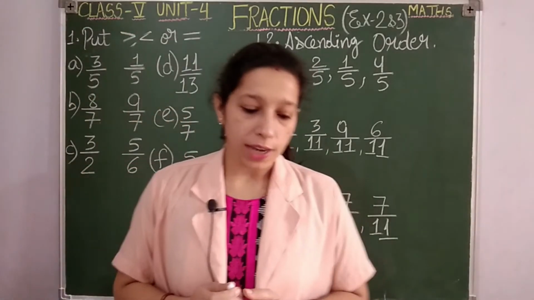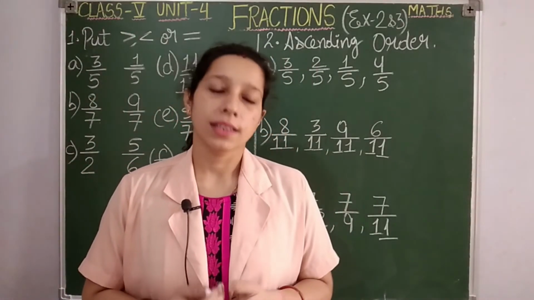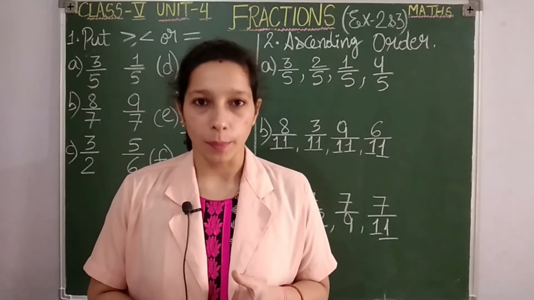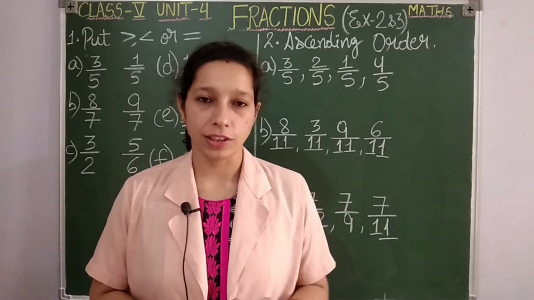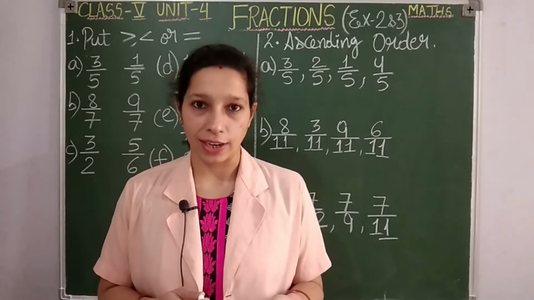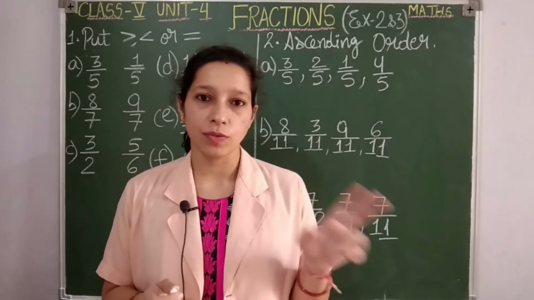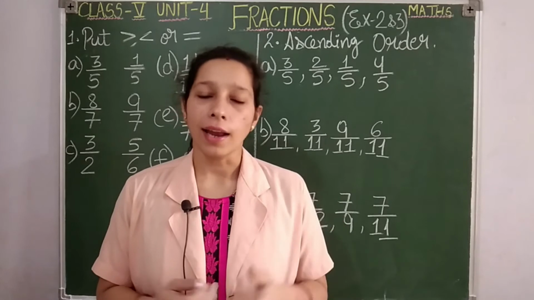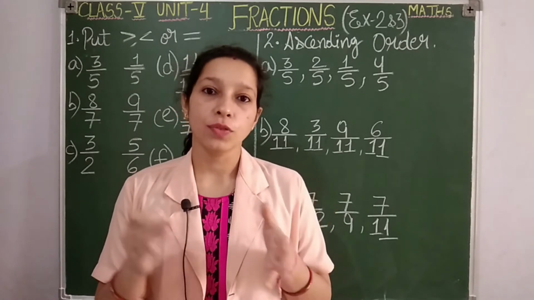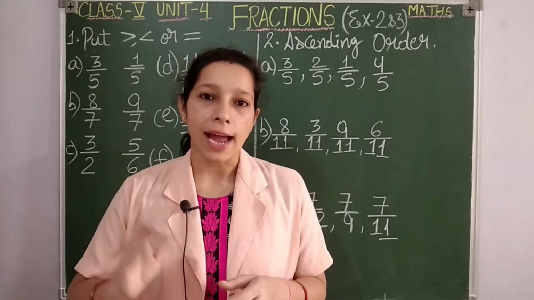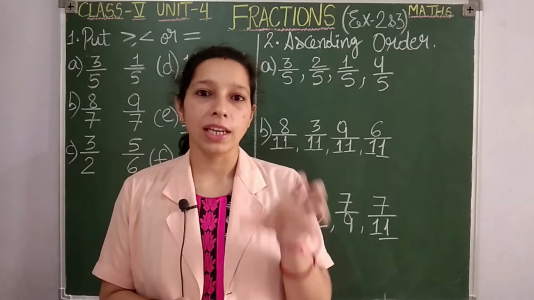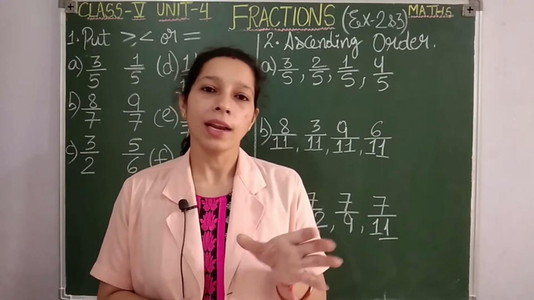So students, before starting exercise number 3, let us make clear some of the points. In this exercise basically we will be doing the comparison. There are two types of comparisons for fractions. First one is comparison between like fractions. You know what a like fraction is? The fractions which have the same denominators are like fractions. And there is one more comparison where we compare fractions with different denominators. That concept we will be clearing before exercise number 4. For exercise 3 we just need the knowledge of how to compare like fractions.